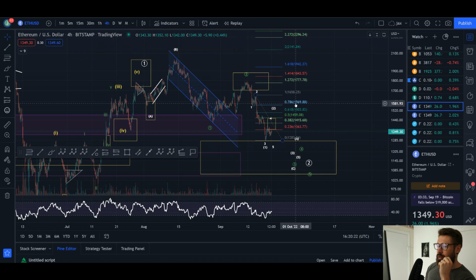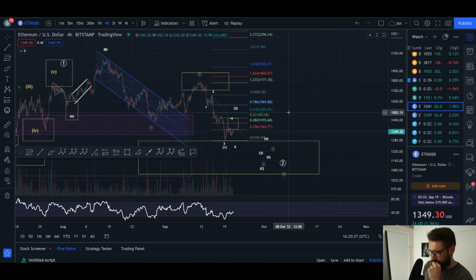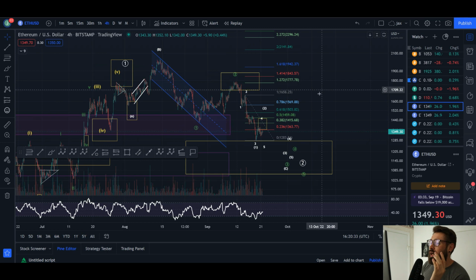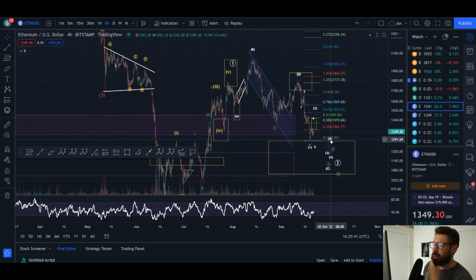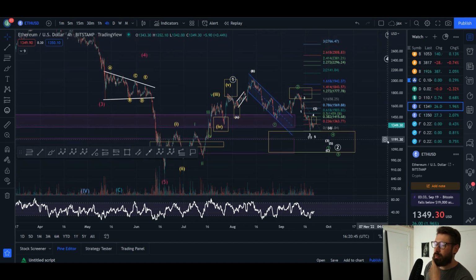Gonna start here on the 4-hour time frame. So this is the bullish wave count that I don't think is likely. I probably shouldn't show you guys this first because I don't think it's a likely scenario. Now we're coming down in a 5-wave move in a regular ABC correction. We come down, we complete a wave 2 around 1,000 to about 1291, and then we push up in a wave 3, and this was the bottom for ETH.